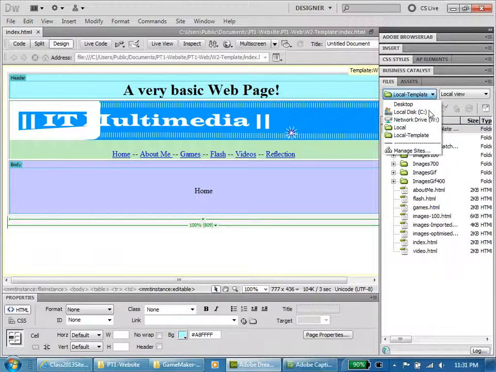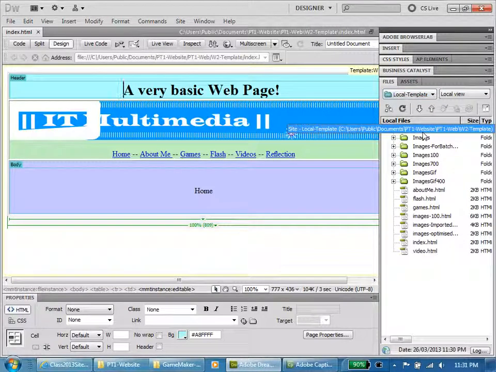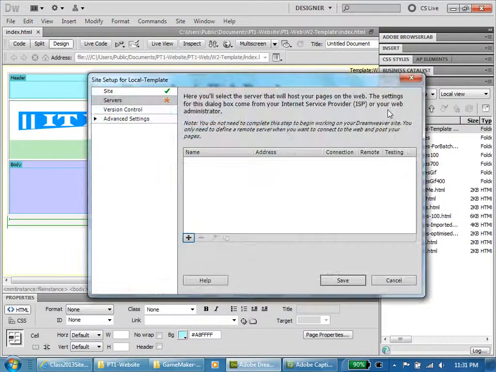Up here I have 2 sites. I've got local, which includes all of this template site. So now I've got my template site. Alright, I'm working. I have opened my index file here. Now the other thing I'm going to do now is set up my FTP site. So here I'm going to add a new